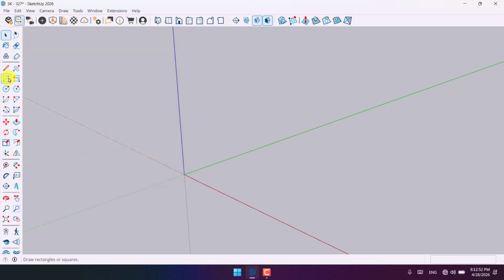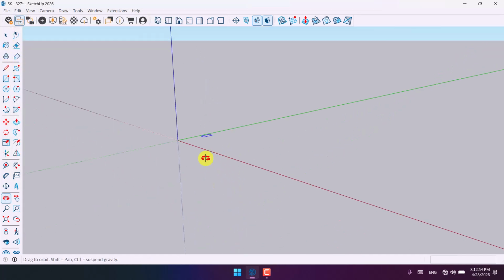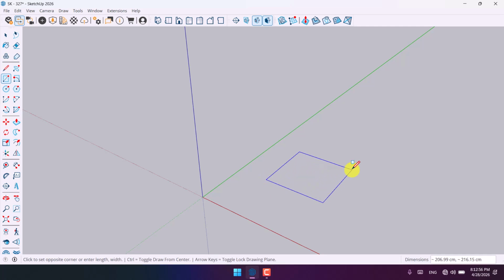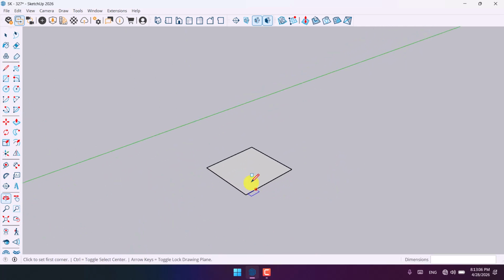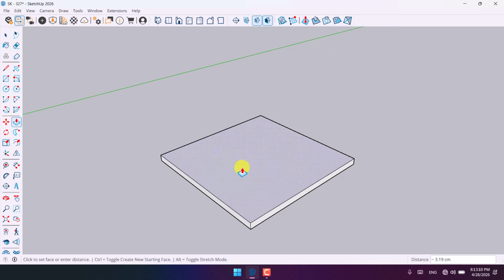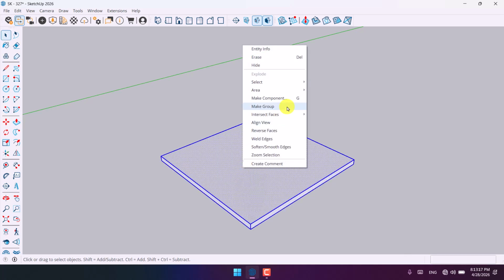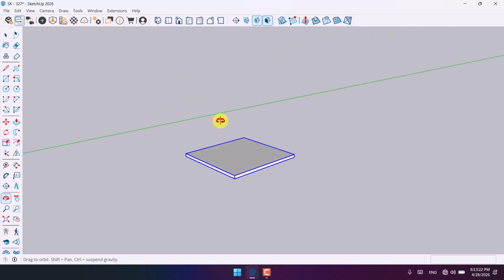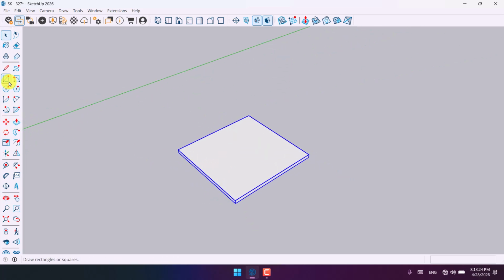So I'm going to start my job with the rectangle in here. I'm going to draw a very simple rectangle with dimensions of about 66 by 66 centimeter, and I'm going to press enter. I'm going to use the push or pull option for extruding this rectangle. So I'm going to extrude it about 2.6 centimeter and I'm going to double click it and convert it to a group. So I'm going to click on make group in here,